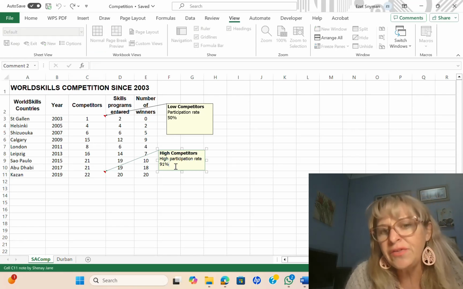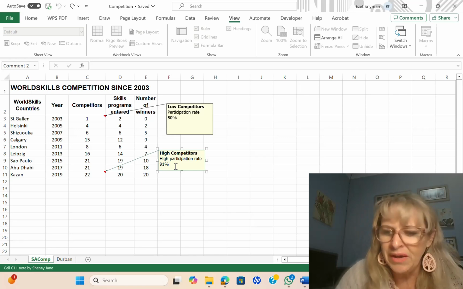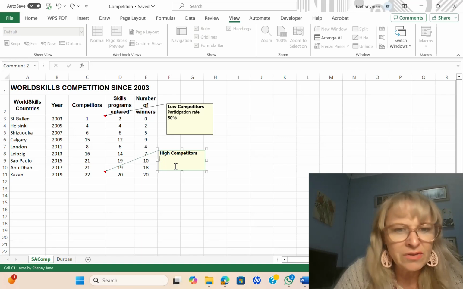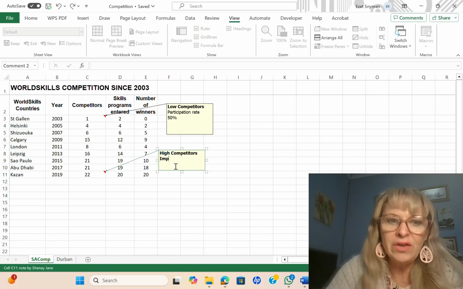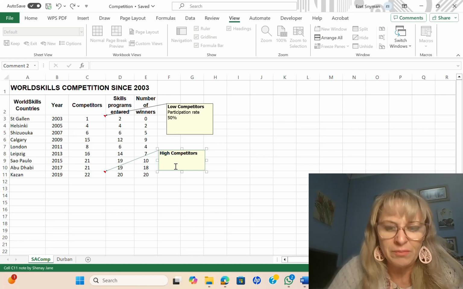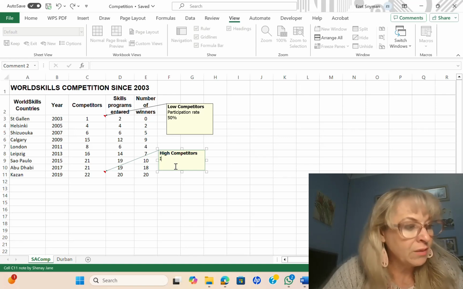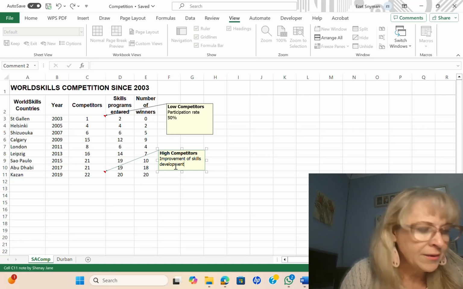You can either just click on the comment and delete it, or there's an edit button if you right click on it. So I'm just going to delete the bit that I don't want there. I'm going to keep hi competitors, and then you type, make sure it's not in bold, because on the question paper it's not bold, improvement of skills development.